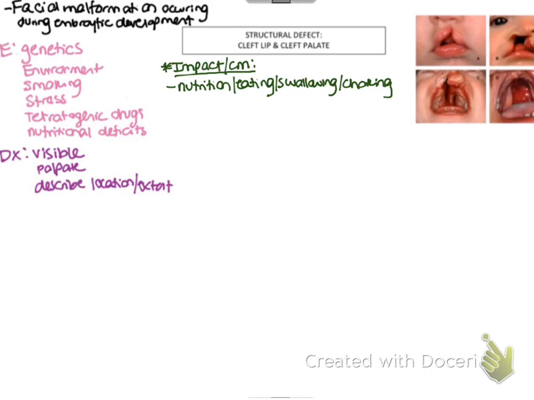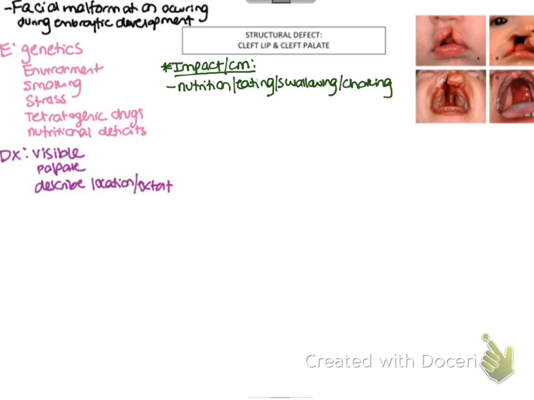So when a baby is born, what's our main goal for babies? To feed them and make them grow, right? But with these kids, their suck is a little different. They can't get that same seal that they need to, especially if they're bottle fed. We actually encourage breastfeeding because the breast tissue will actually form into the holes of the defect and allow the baby to still have a good seal. So most people would say, oh, they can't breastfeed because of the defect. No, it's actually kind of better for them.